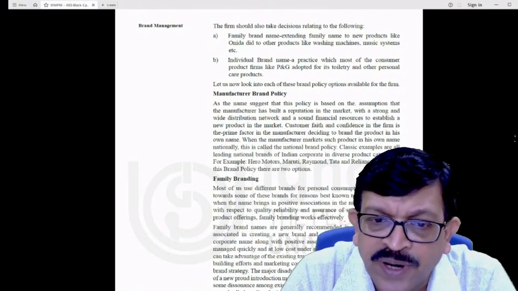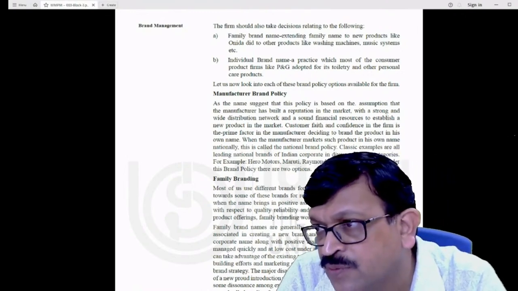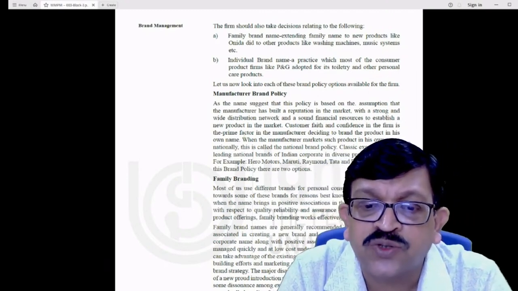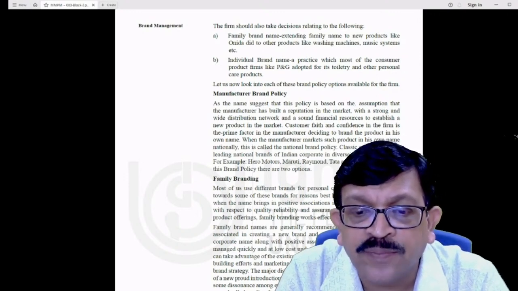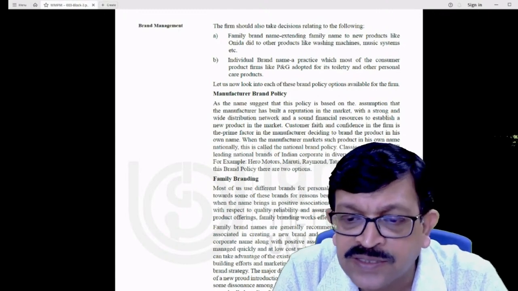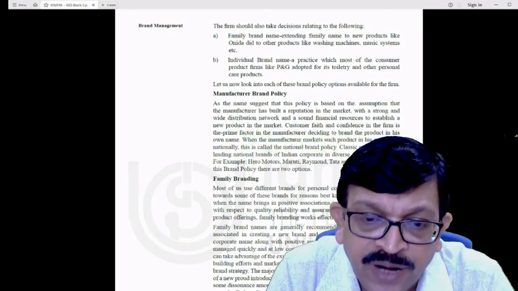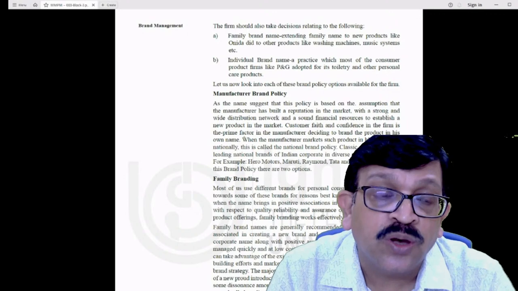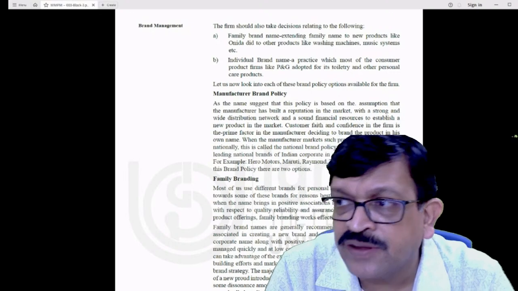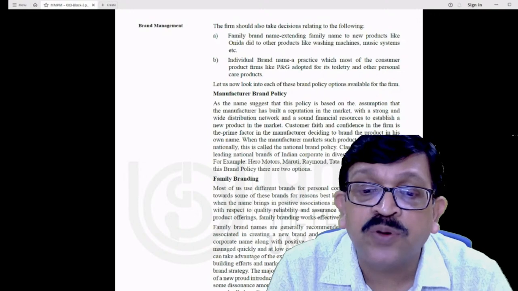Another way of looking at it is family branding, where you can come up with different brands. If you are dealing with a lot of brands, what you can do is make certain brands stronger and grow other products under them. So you can bring in more products under one name, an established brand name, and then you can grow that. But the point is, while building the brand, one has to see that the brand is able to offer successes in terms of quality, in terms of meeting customer requirements, so that it is more appreciated by the people and they are able to understand it.